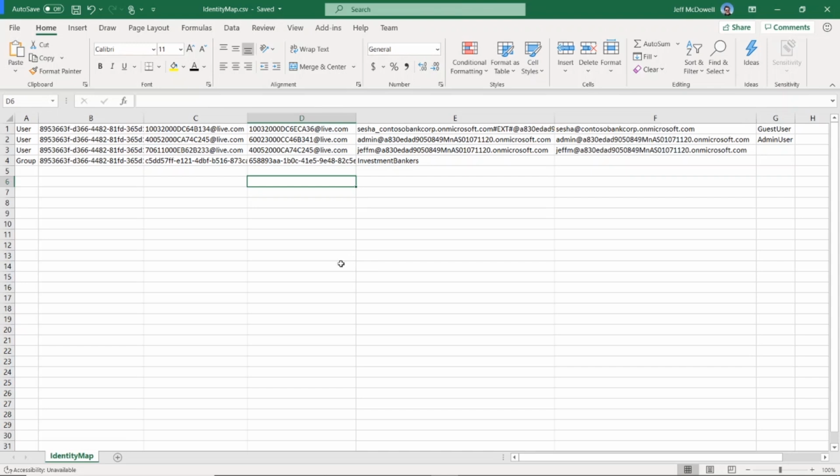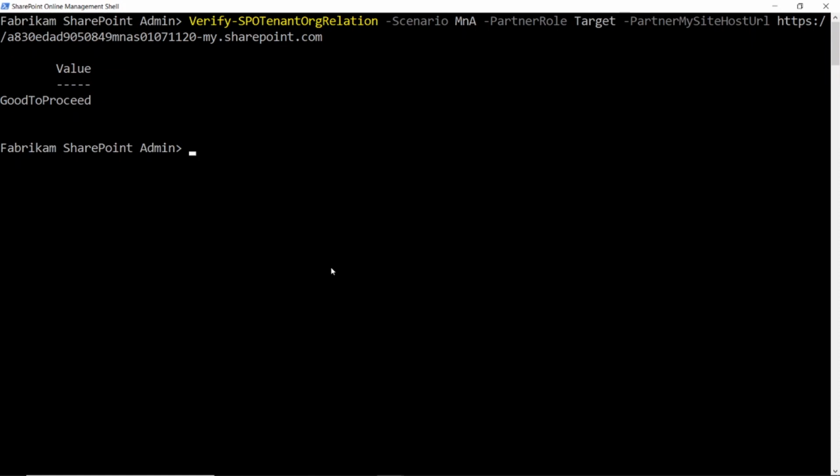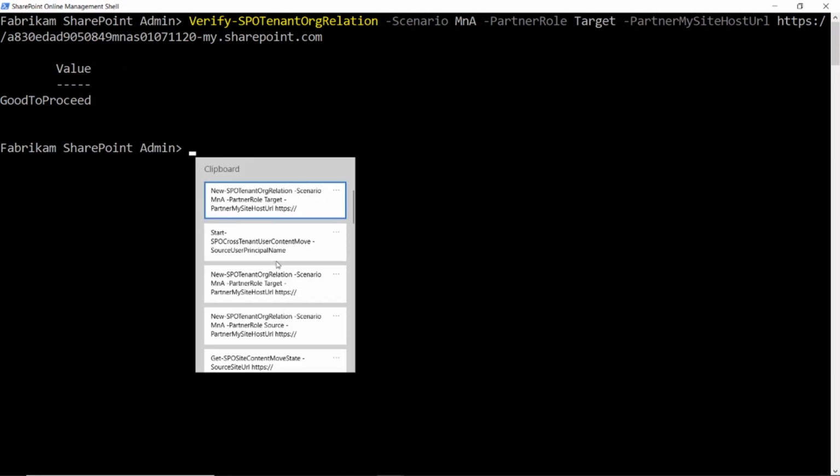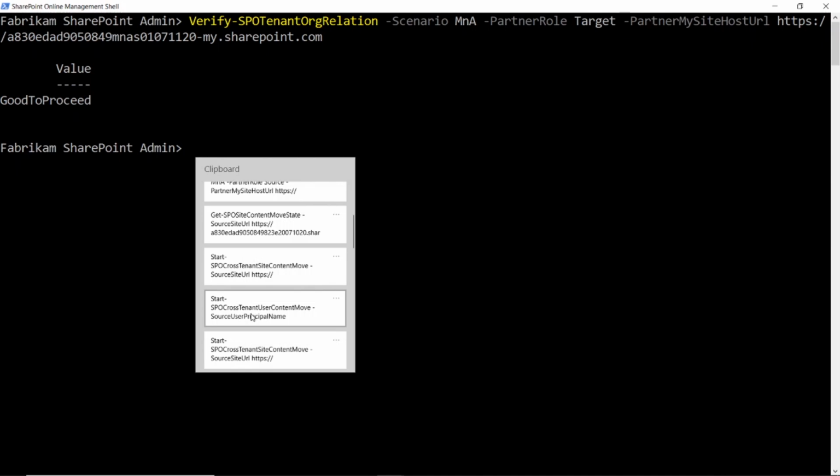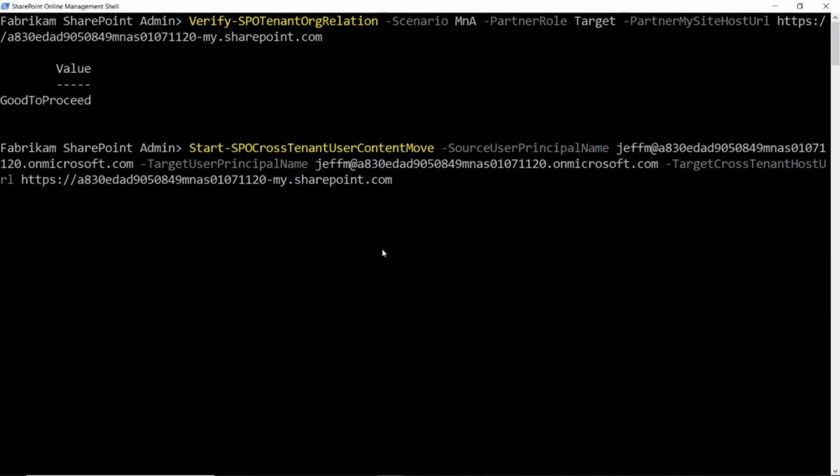Once we've done that, we're then going to upload the map and get ready for the actual move. So we're going to show how to move the OneDrive, which is that you set up a user content move like this. And we've actually already kicked this one off, but what we're going to show in detail right now is moving